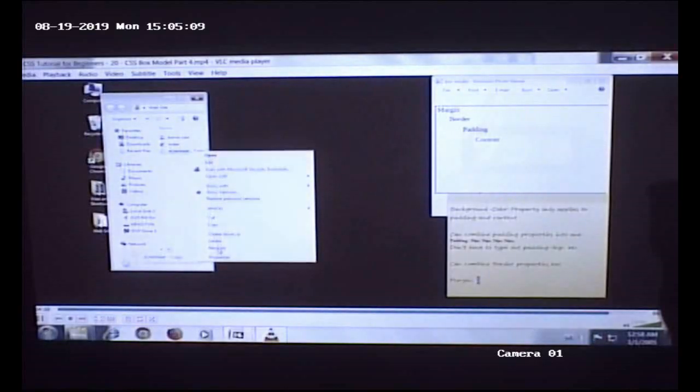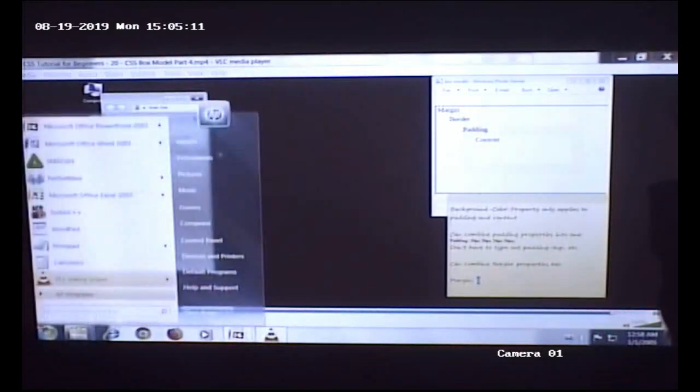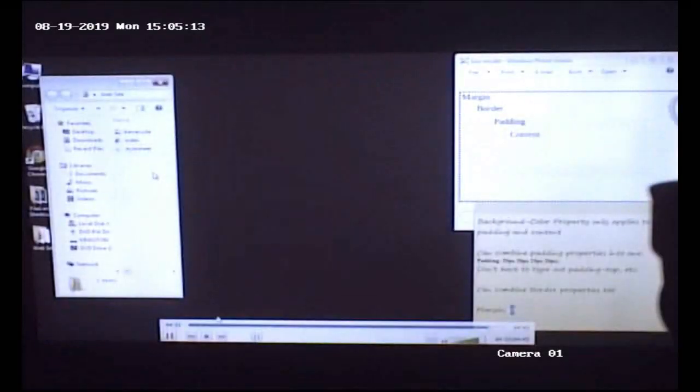We will restore the old CSS copy that we had, and that is going to do it for